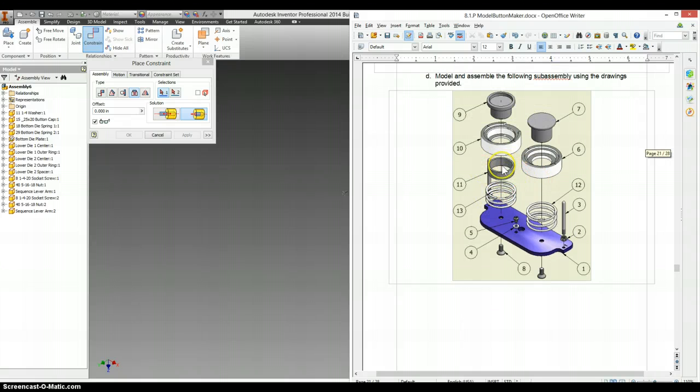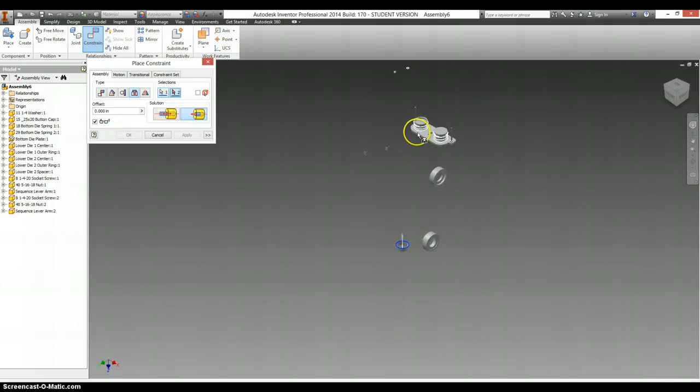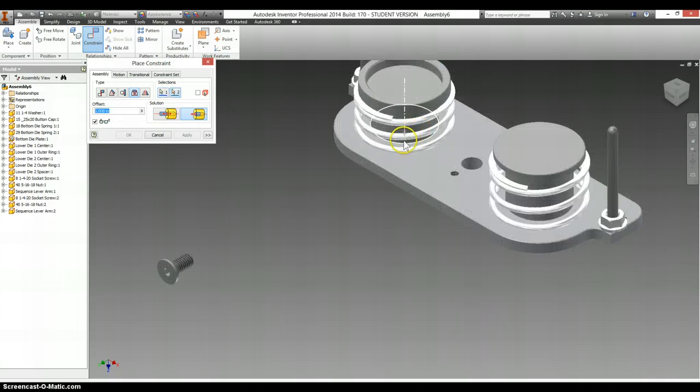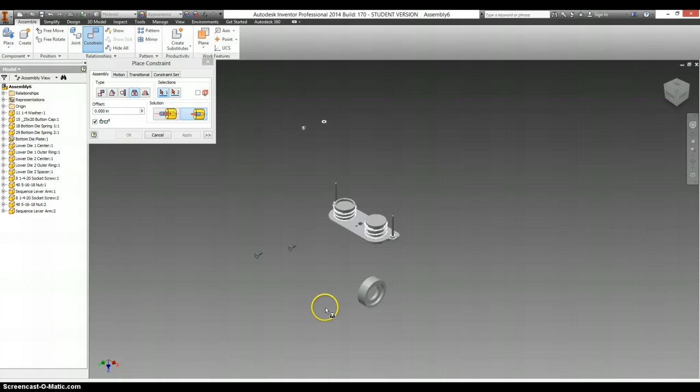looks like this little spacer actually goes underneath, and this also goes under on side 2. So we'll have to change that right away. Let's go back over here and we'll make an insert constraint, something to go under that, apply,